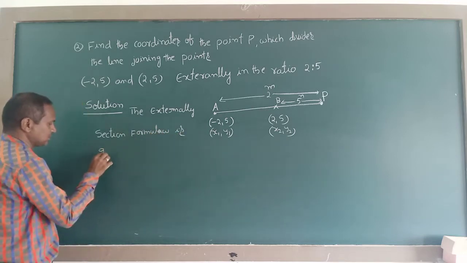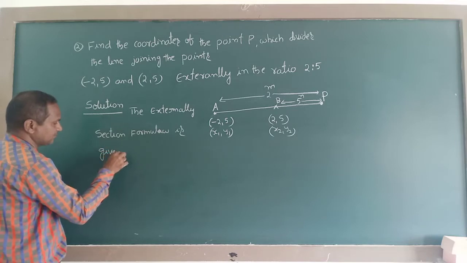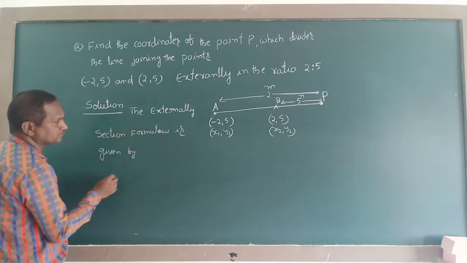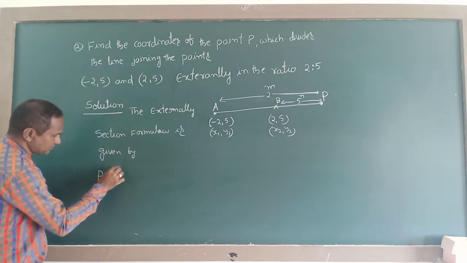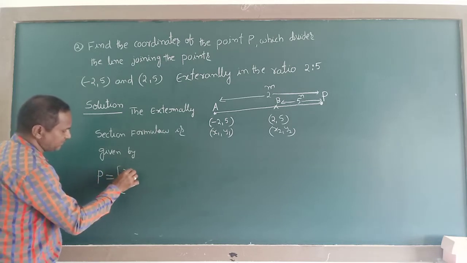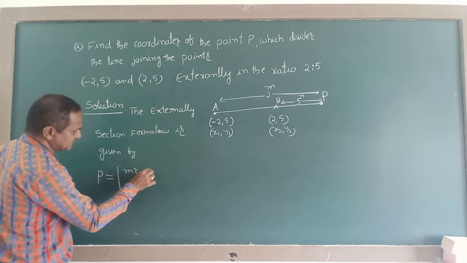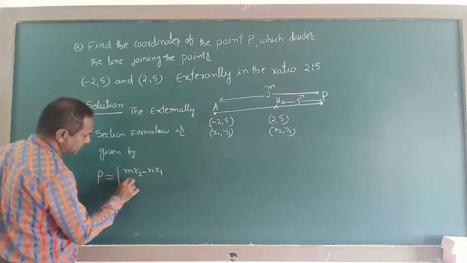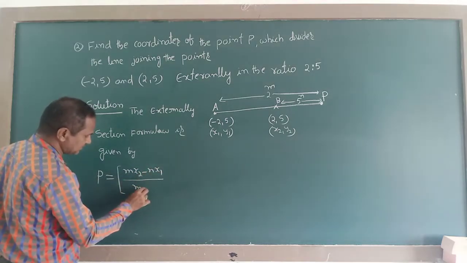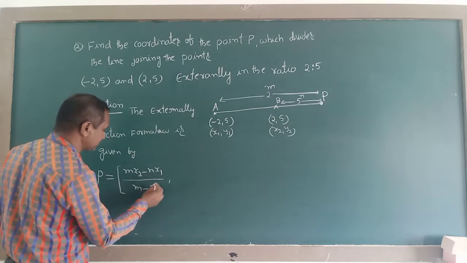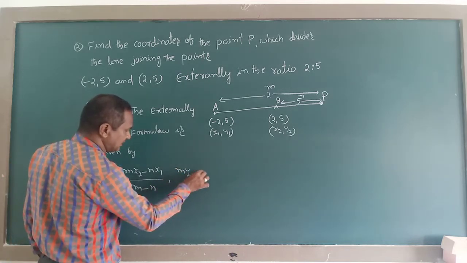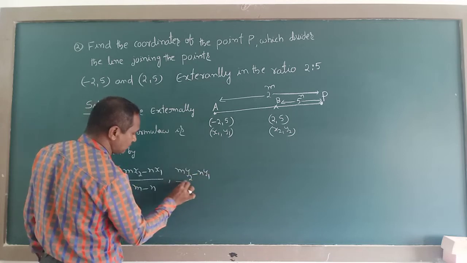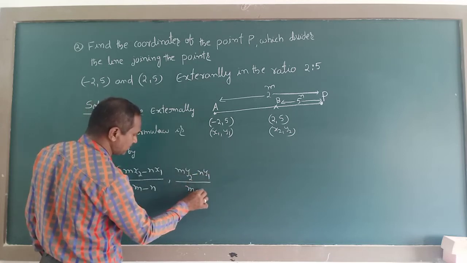P is equal to (m x2 minus n x1) whole divided by (m minus n), comma, (m y2 minus n y1) whole divided by (m minus n),